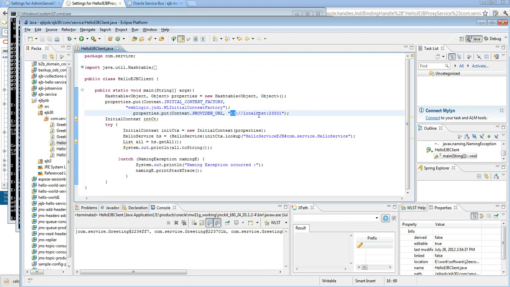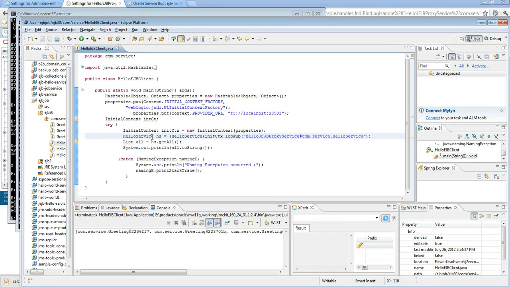Okay, the provider URL. Those are the two common mistakes people make. And then this is the JNDI lookup key, which we need to provide. Whatever I copied from there, I pasted here, and then I'm looking up that EJB,